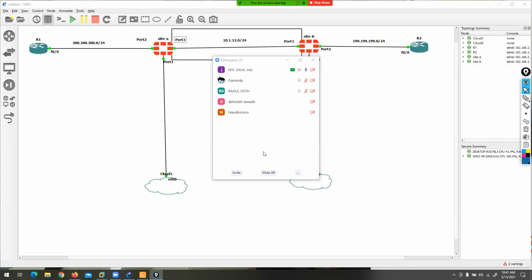Yeah. Actually, there was a power supply issue, so I lost connection. Now I'm connected through mobile network. I'm recording all the session, okay? I will send it to you. Abhishek, no need to record. Okay, please turn off your mic.